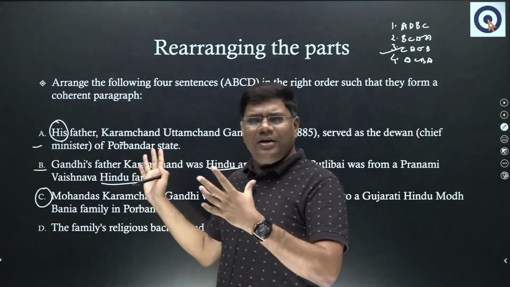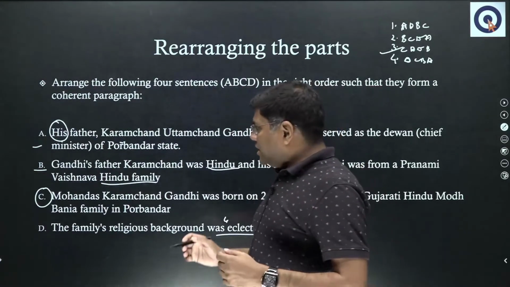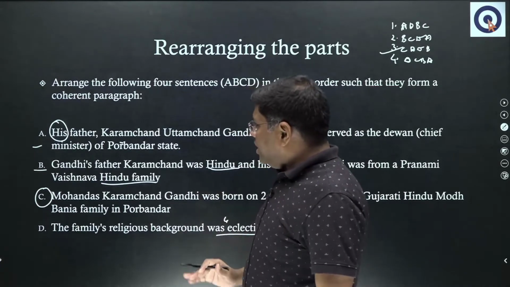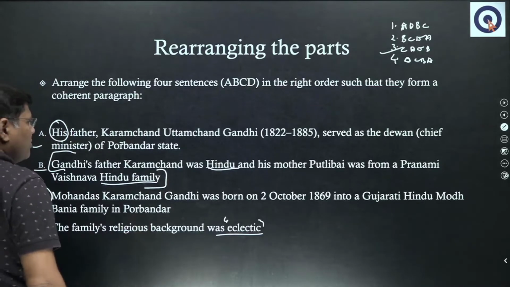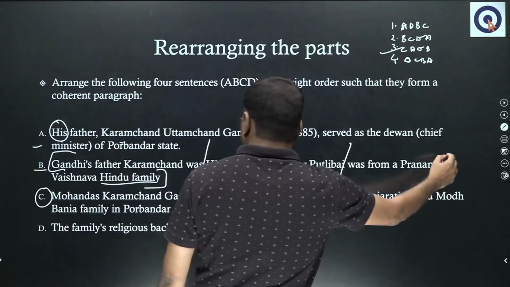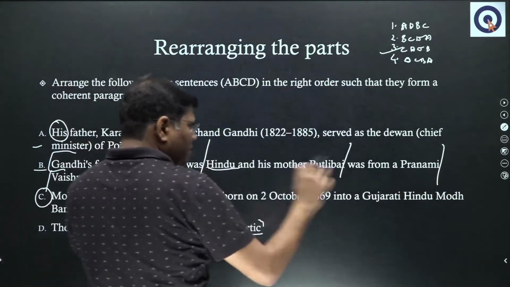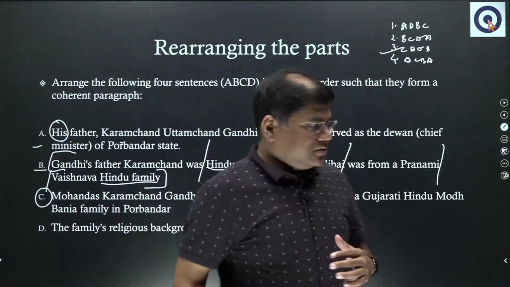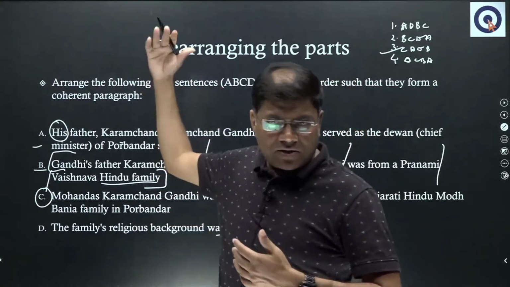Now this is a slightly lengthy question, but what can happen in the CUET exam is that instead of 4 sentences, you might have just 1 sentence. For example, I would give you this sentence, and I will break it into 4 parts: part number 1, part number 2, part number 3, and part number 4. I will ask you to arrange them in such a way that it becomes a meaningful sentence. These 4 parts will come in different options, and you have to again choose the right order.